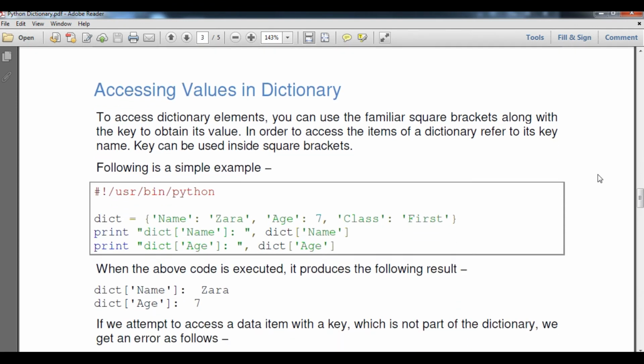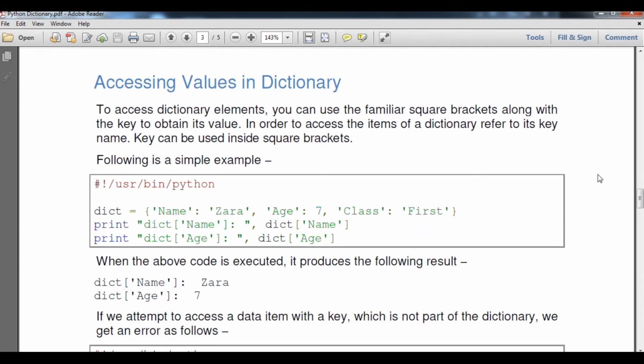Now we are going to understand how to access an element in a dictionary, I mean a value in a dictionary. In Python lists or tuples, we access an element by its index position, but in a dictionary we have to access the element with the help of the key. That's the reason the key should not be duplicated in a dictionary.